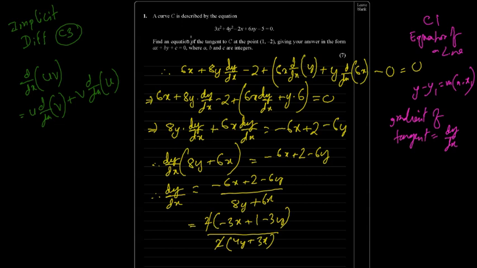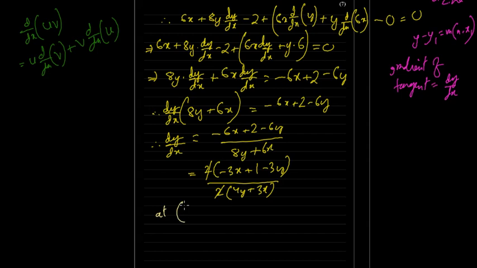So this particular question comes from the C1 concept. So let's continue. In order to find the tangent, we need to find the equation, and for that we need to find the gradient, and the gradient of the tangent and the gradient of the curve is the same. So at the point 1, minus 2,